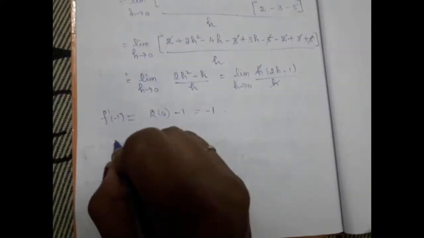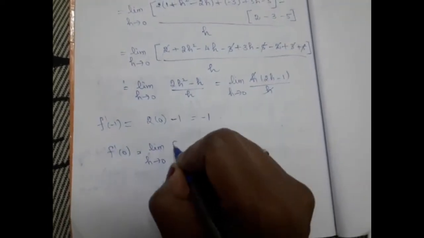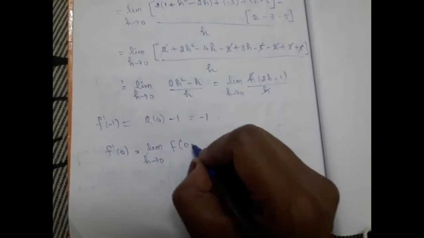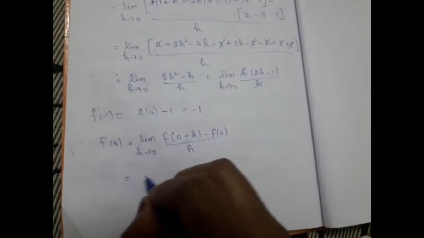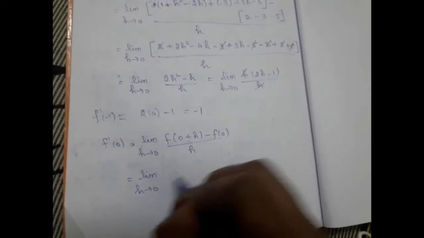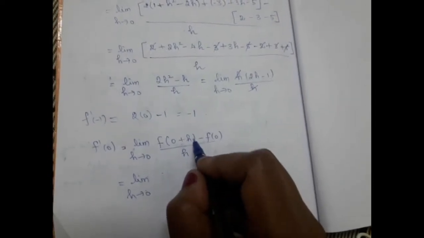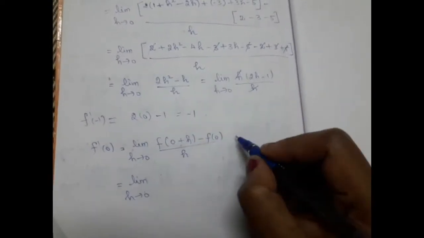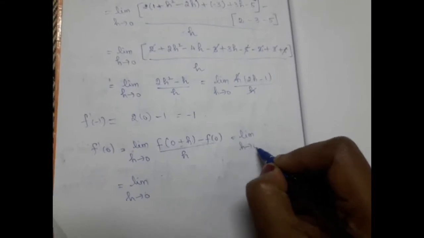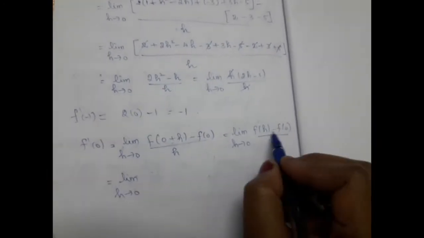So now we are going to find what is f dash of 0. What is the formula again? Limit h tends to 0, f of a plus h, a is 0. So 0 plus h minus f of a divided by h. So the same way, limit h tends to 0, in the definition of f of x, we have to replace 0 plus h. 0 plus h is nothing but h only, right. So in the place of x, we can put directly h. This is nothing but limit h tends to 0, f of h minus f of 0 divided by h, right. So in the place of x, we need to put h.